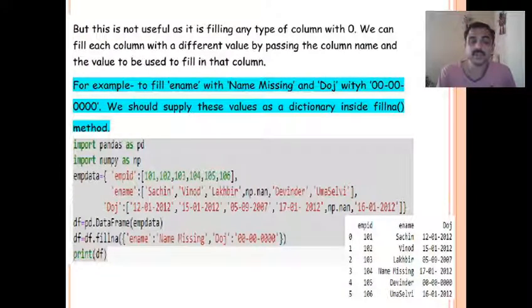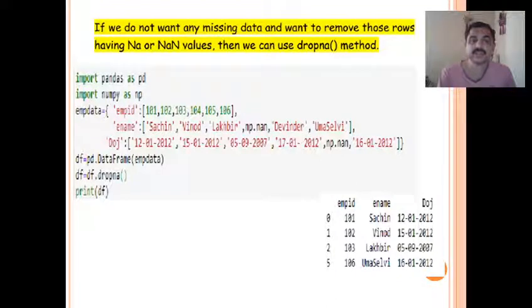We can also pass multiple values using dictionaries by specifying the keys and values to be filled in that particular position. And also you can use the dropna function to remove those rows having NaN values, that is, missing values. Clear? I hope you are clear with these concepts.